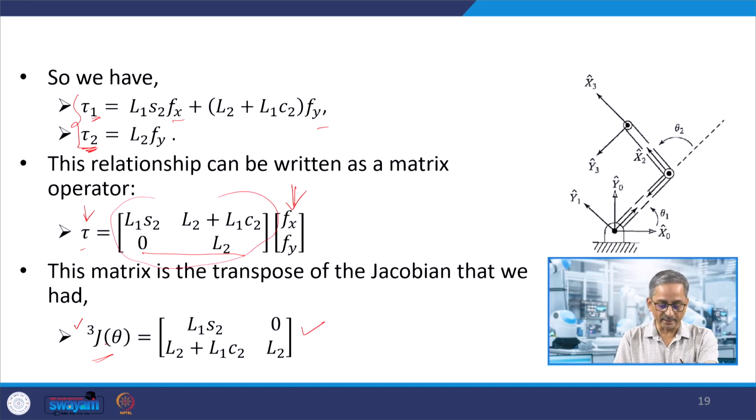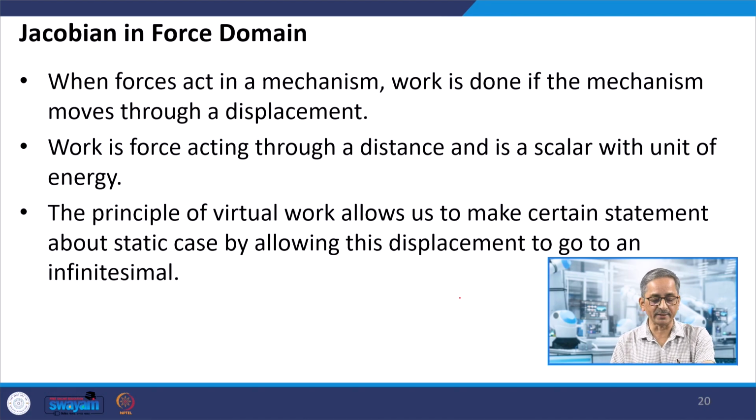So, from here I get this as the Jacobian. The previous Jacobian which we have evaluated, you can compare from there and you will see that this part is the transpose of the Jacobian. So, this torque is essentially Jacobian transpose into the force acting at the end effector. I can get this expression using the concept of